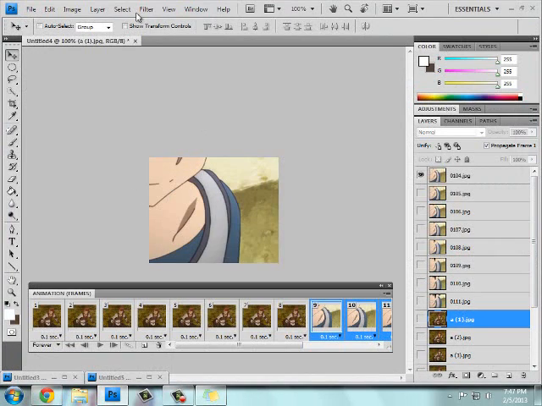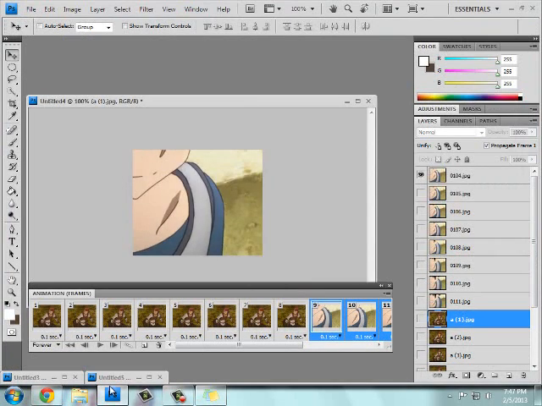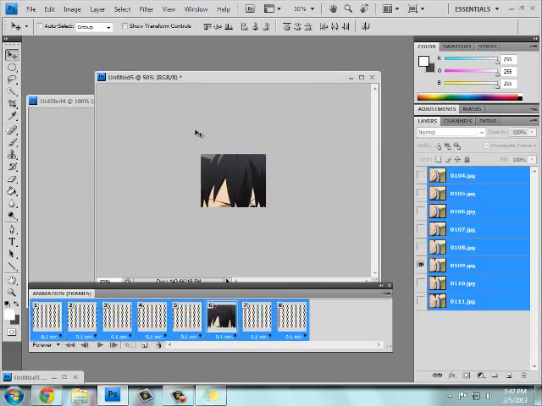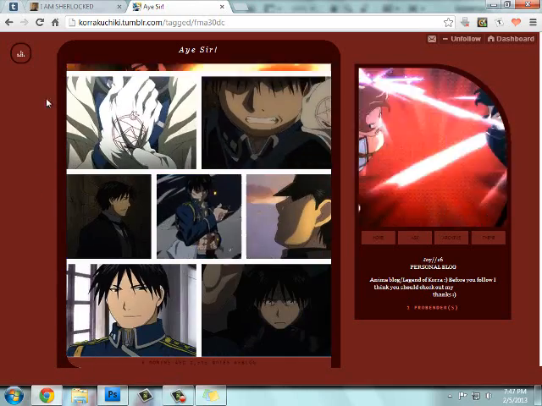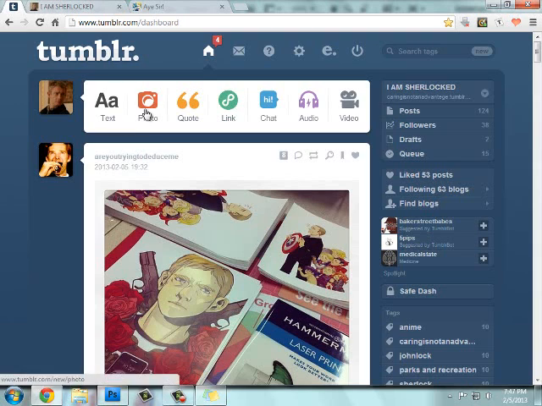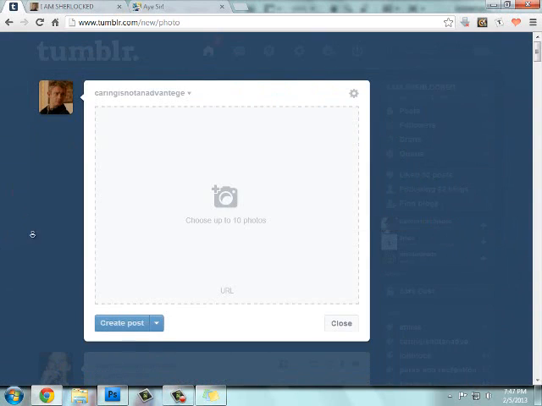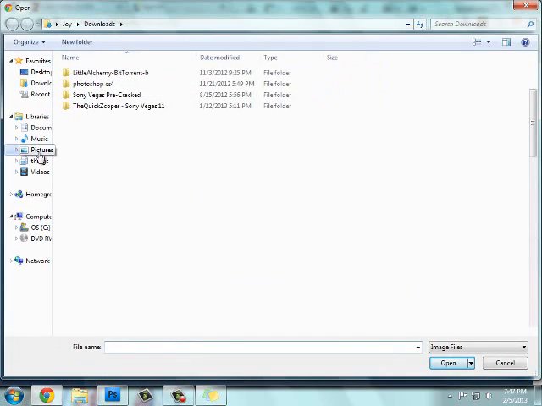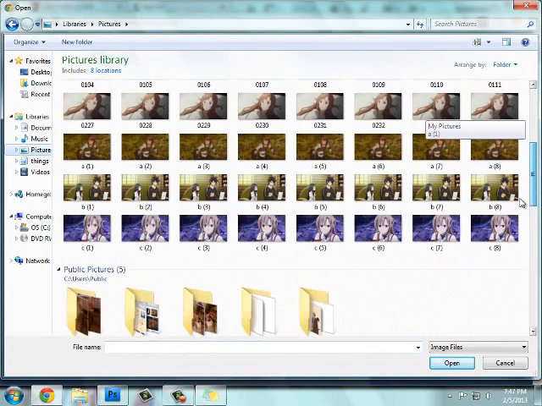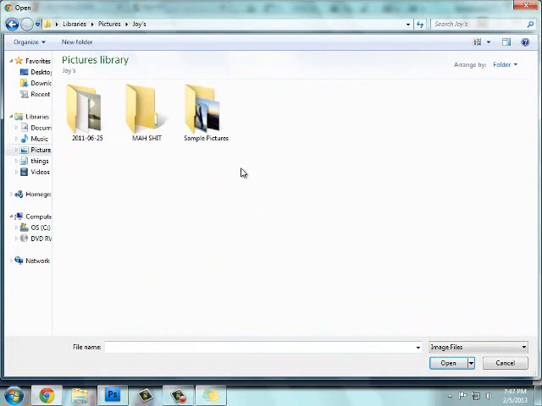And you are done with the Photoshop portion of the tutorial. Now you can put it into photo set form. So what you do is you go to photo. I haven't done it since the new layout because I've been very lazy lately. Been very busy with school. But we're going to go to